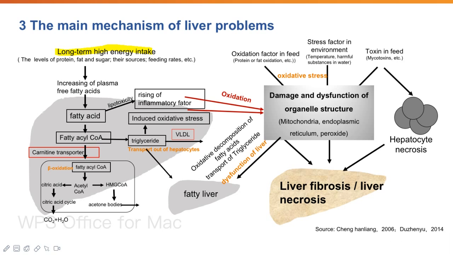First is the long-chain fat acid was transported to the mitochondria by calcium transporter for energy supply for beta oxidation decomposition, and the second is synthesized triglycerides and formed fat droplet in liver cells. The triglycerides can only be transported out of the liver by passing very low density lipoprotein, we called VLDL, and if these two pathways are blocked,